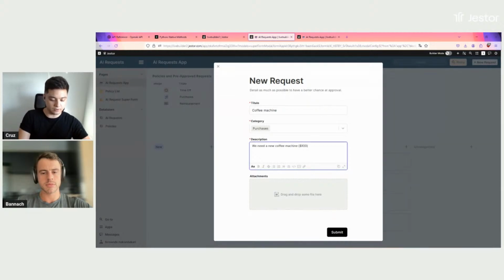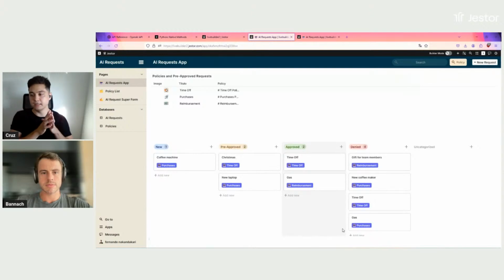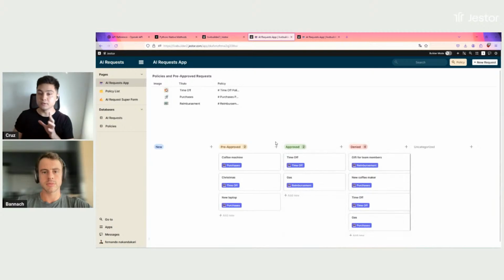It's $100 because the previous one just broke. So I'm going to send this. It's going to go into new, and it's basically the same process. It's going to send this description and the policy for purchases to the AI, and it's going to decide something, right? So it went to pre-approved,